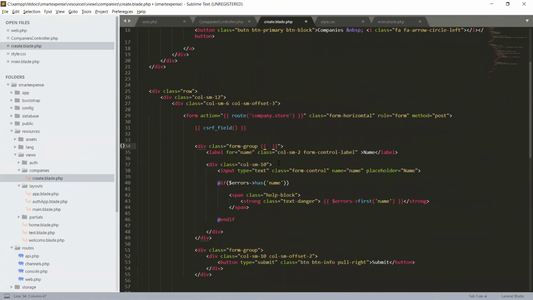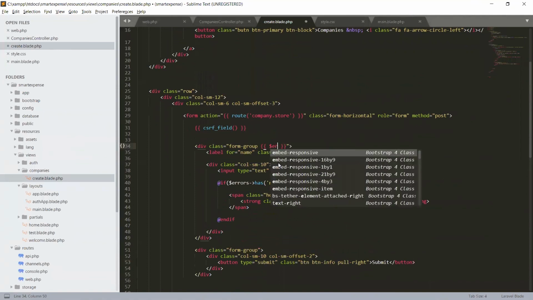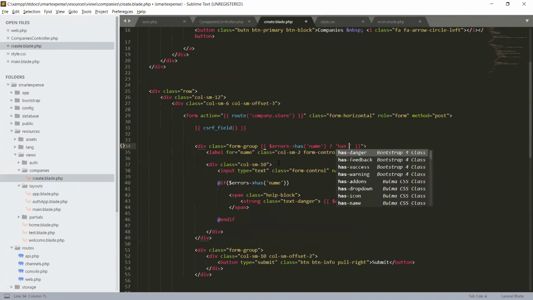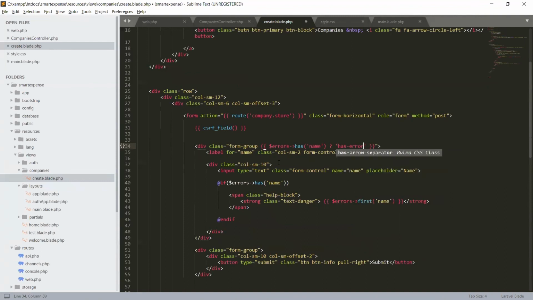So if errors has name, this condition becomes a ternary operator and we will give a string. If this error condition becomes true, make the class has error, and otherwise a blank string. If it is false, only a blank string, no class will be injected in this div. Okay, control S to save, and